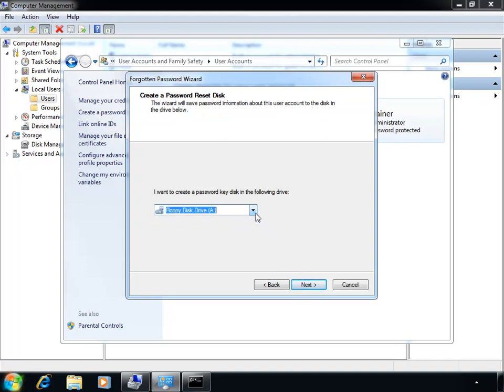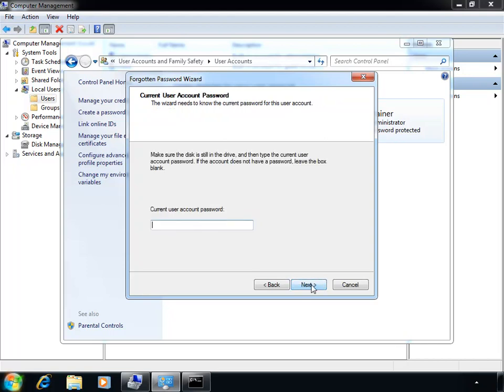It's my only floppy drive on this machine. We'll click next. And now we'll need to enter in our current user account password. Since this helps you reset your password, it's probably a good idea to run through this wizard now whilst we still remember what our password actually is. So simply enter in your password here